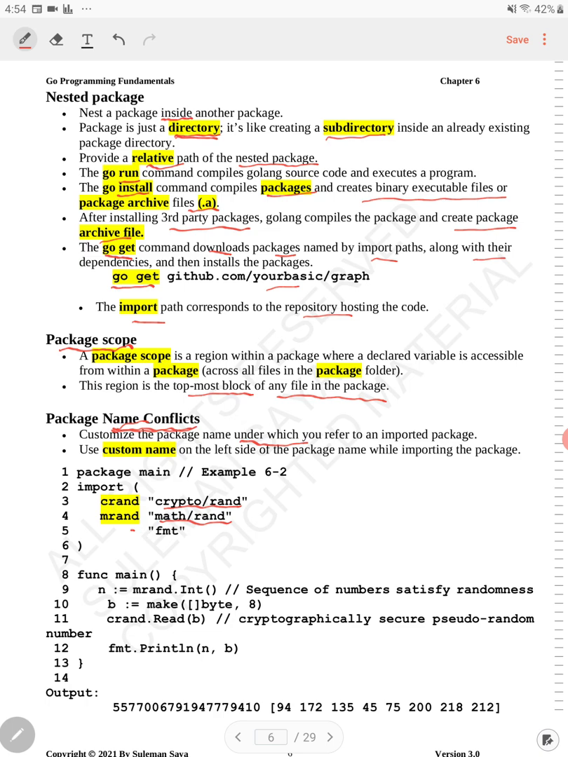So the custom name goes on the left side of the package name while importing the package. This is the package name right here, and the custom name is on its left. That's how you can customize the package. People also do it even when the package names are not conflicting. Sometimes people do this